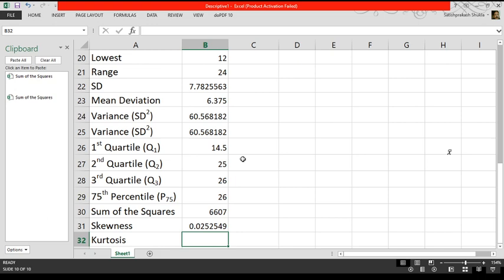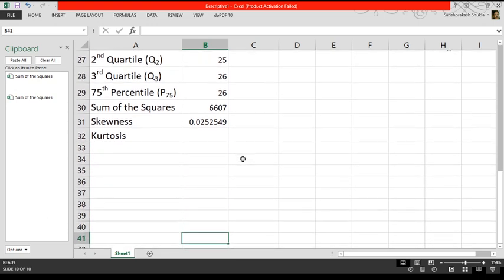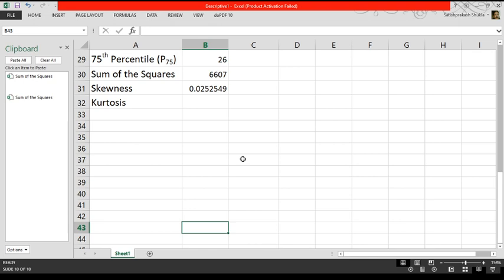Here one more thing is to be remembered, that the function that is used by Excel is based on a special formula of skewness. In statistics, theoretically, we use three different formulas to find the value of skewness, and those are Karl Pearson's formula, Bowley's formula, and Kelly's formula.